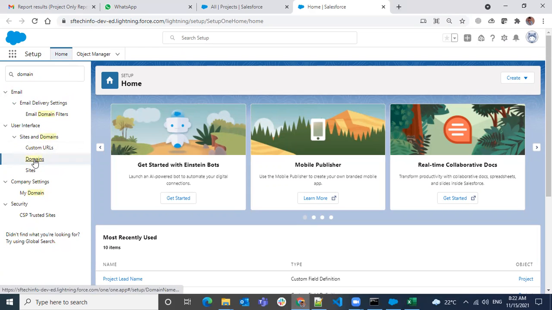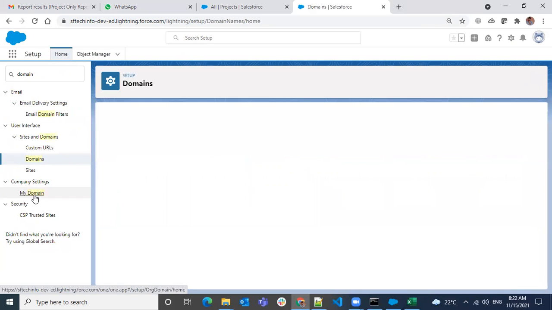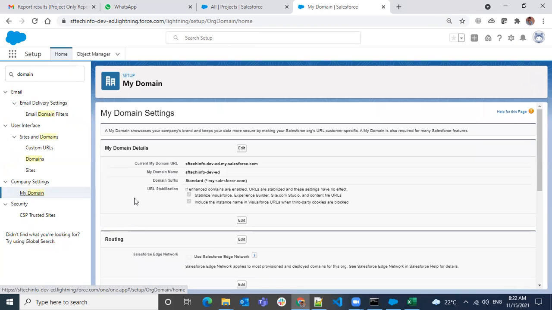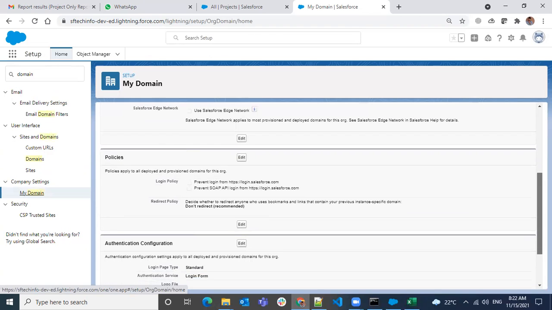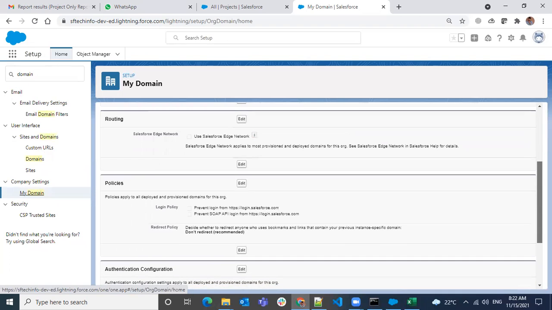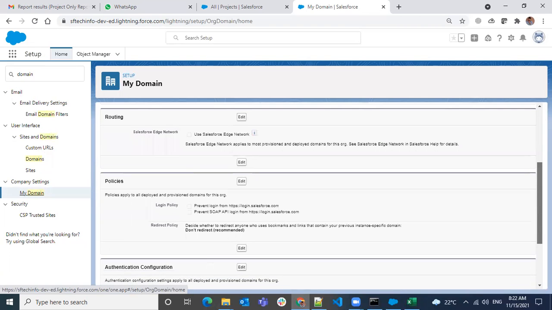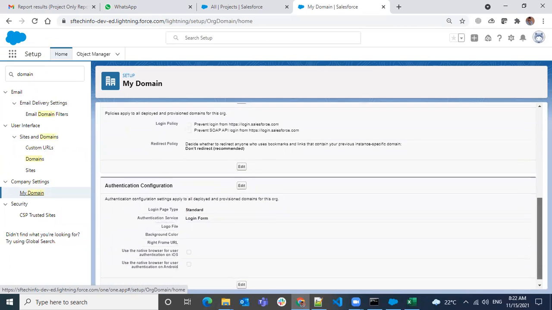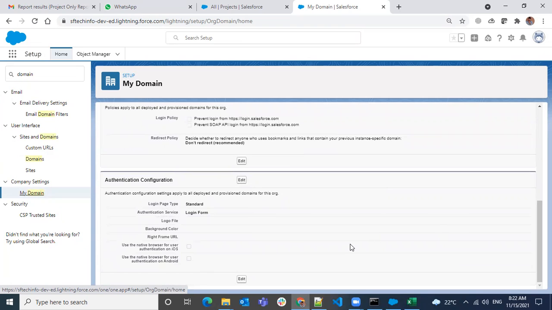Here, not domains, My Domain. Under company settings, you will have My Domain. The domain name is the one you will see here, and you have routing policies and then authentication. Here you have authentication configuration, right?